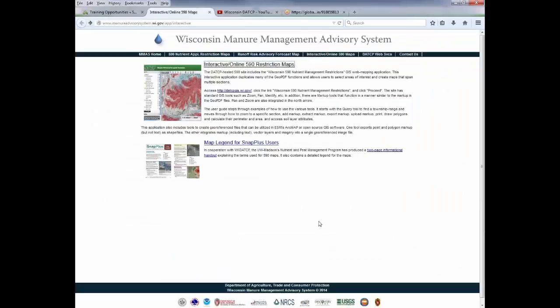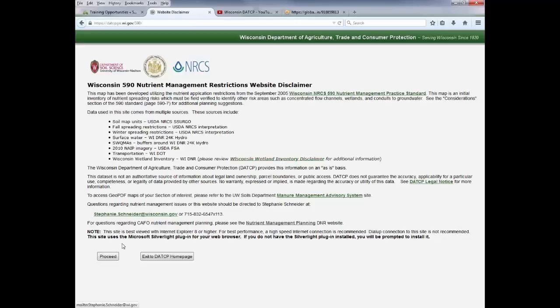The interactive maps, one thing I did want to mention with this real quick is that we do have this legend here now for what to do in each of the categories. We had one for the old one that would have worked fine, but this is new and updated. And one thing that I know not everybody knows about, but that I think is kind of a cool thing,